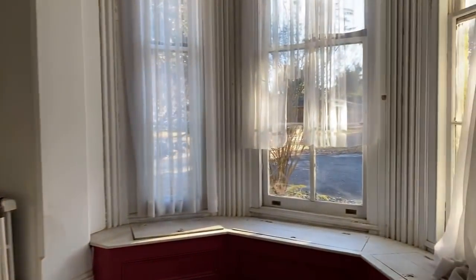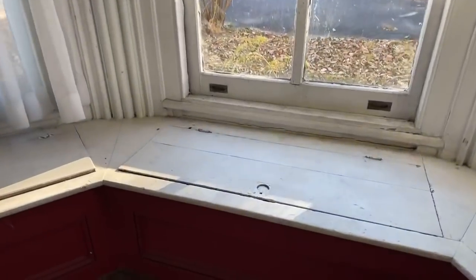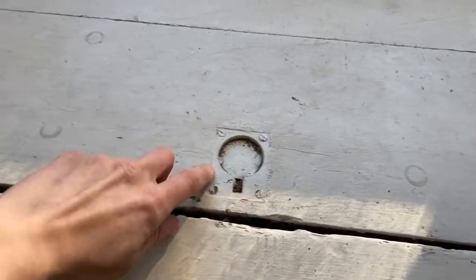Look at this love seat, not love seat. Look at the storage. These little...